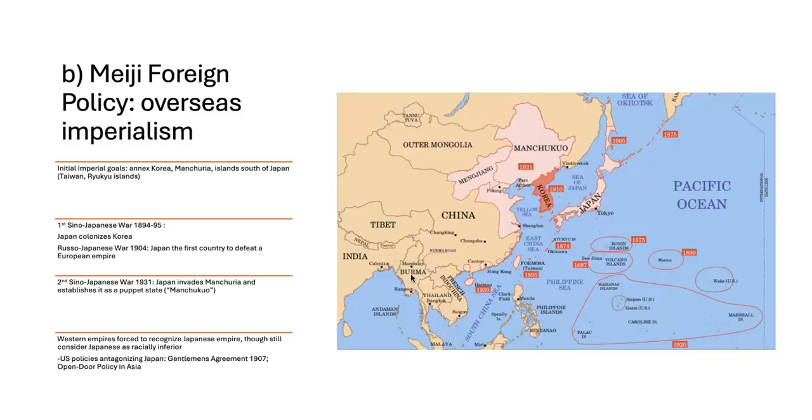Now, interestingly enough, now that it's an Asian power, Japan forces an unequal treaty upon China, leading to the gain of Korea and Taiwan. Back then it was called Formosa. So look at that. Now Japan is imposing unequal treaties upon parts of Asia, just as Western powers were doing unto China and to Japan earlier.